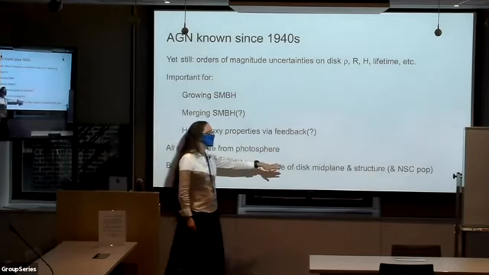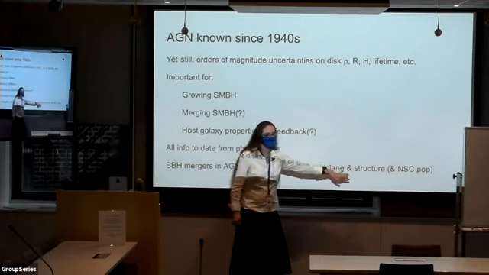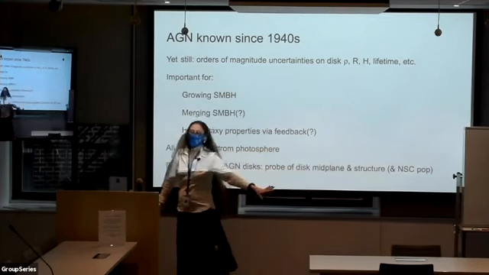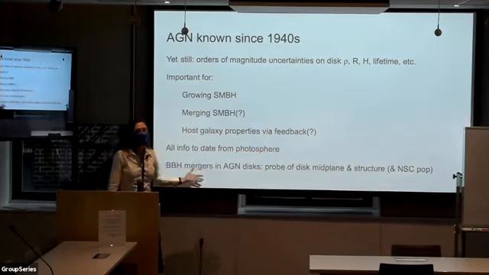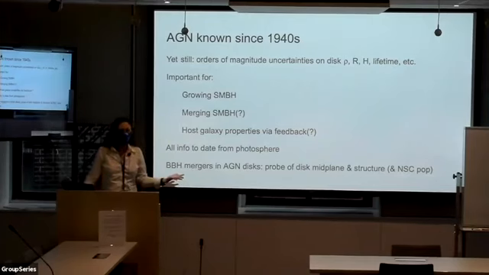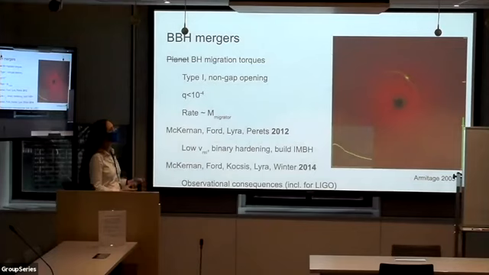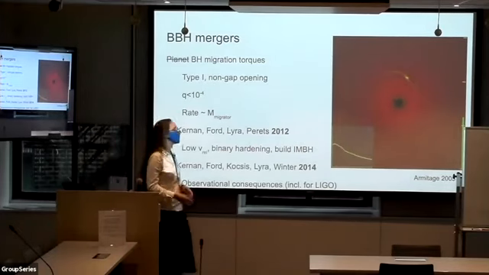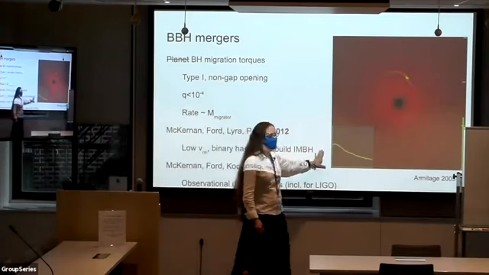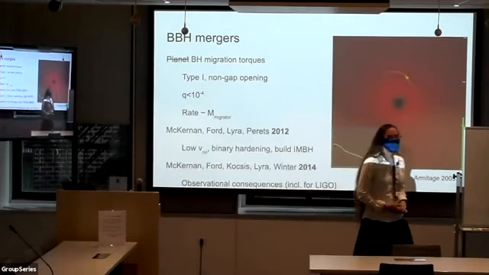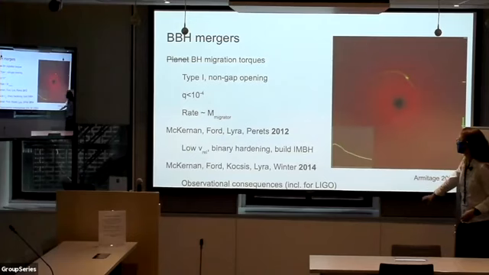This is also convolved with the nuclear star cluster population, but we have better leverage on what that is in quiescent nuclei, which are, of course, the majority. So, okay, why do these binary black hole mergers happen? People thought they were coming to a black holes talk, and here I am throwing up a protoplanetary disk simulation. So, from Phil. I don't know if he's on, but